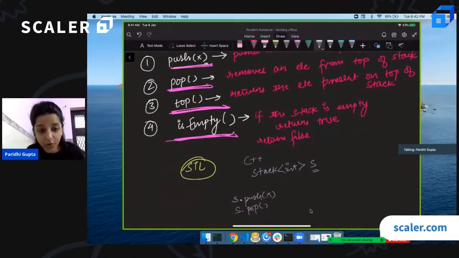Likewise in Java, you have collections using which you can use stack. So while attempting a question, you don't have to implement a stack of your own until and unless told. Okay, so but in a while we are also going to see how to implement a stack. We are going to actually implement these operations. Okay, cool. Okay, so let's actually see a dry run of these functions.